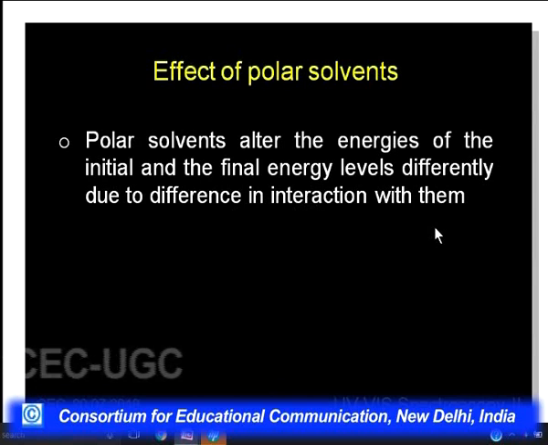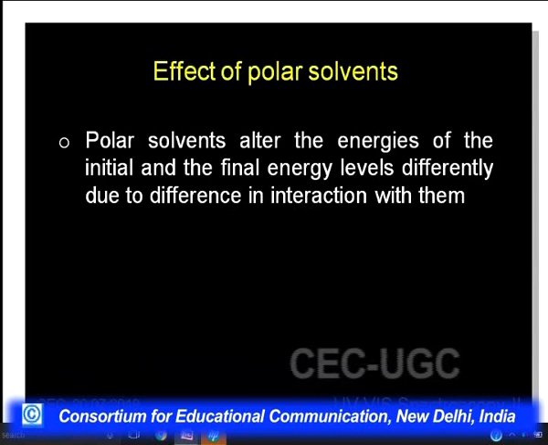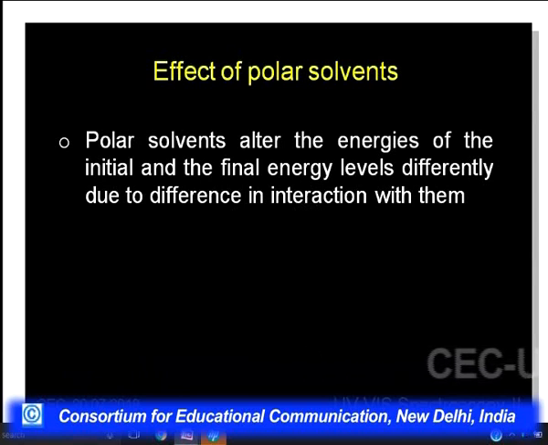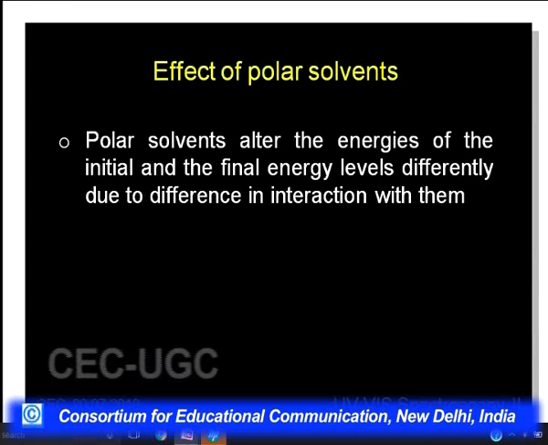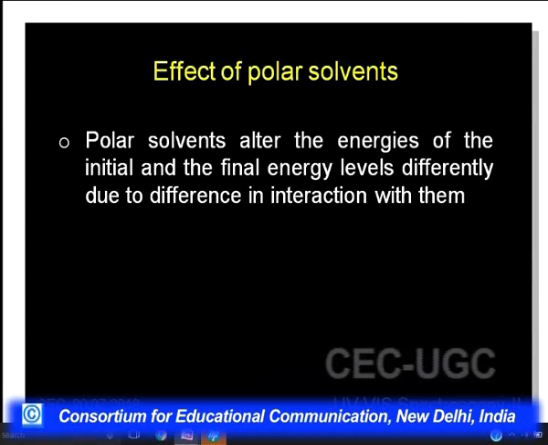Let's understand this. What basically is happening here? We have a given level, say E1, and a level E2. There is a transition taking place from level 1 to 2. Now, if this is happening in a given solvent, and I change the solvent, bring in some polar